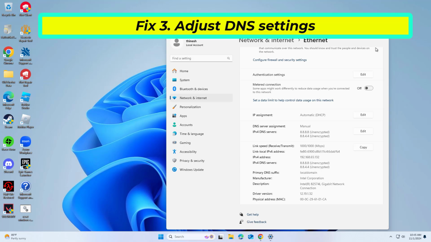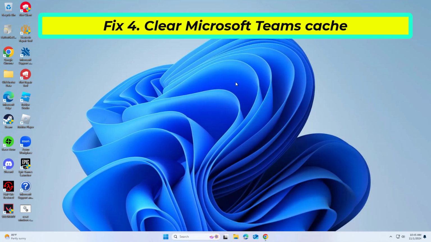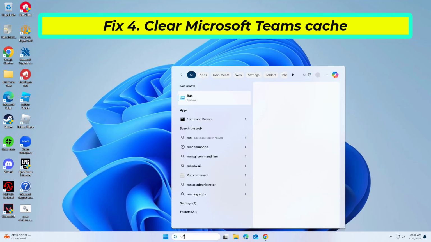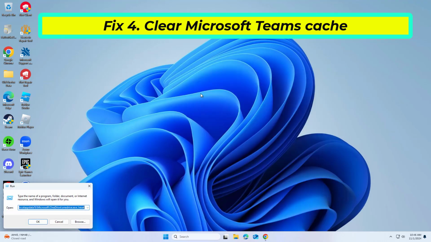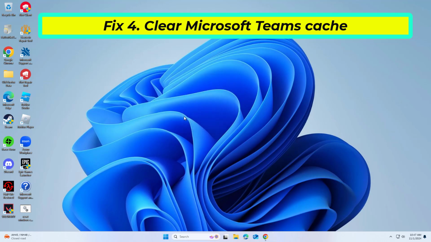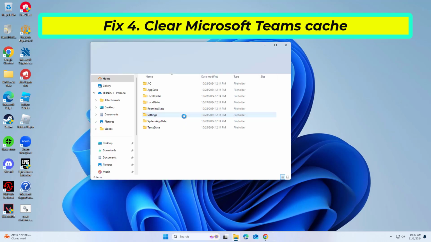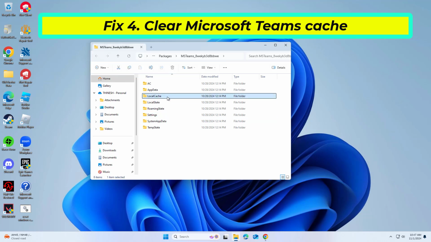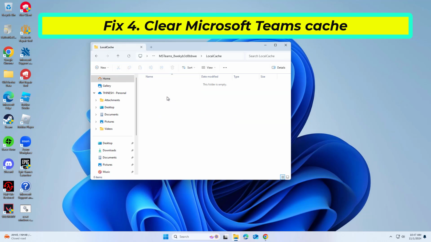If that didn't work, open Run. Copy and paste the command that you will find in the description of this video. Delete all content in this folder. Now try again and your problem should be fixed. If that didn't work,